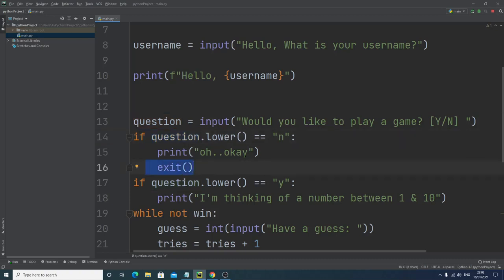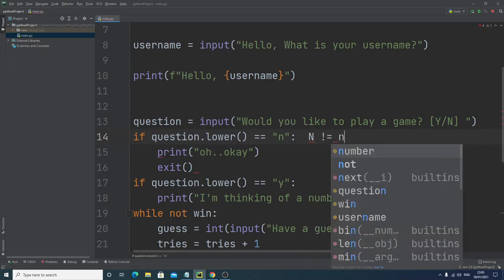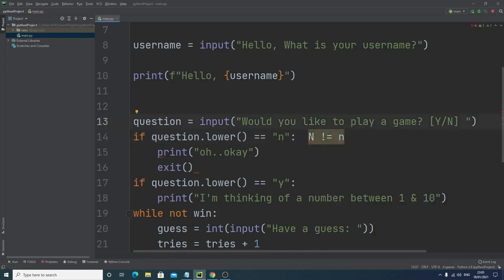They'll have to run the script again to be able to play it. The reason for the dot lower is because if they type a capital N, it does not equal n. So if they typed a capital N and this wasn't on the end, it wouldn't match here, and the script wouldn't understand it. The dot lower will convert uppercase input to lowercase, because then it can compare the lowercase to the lowercase